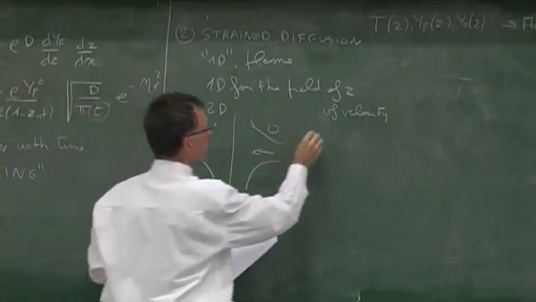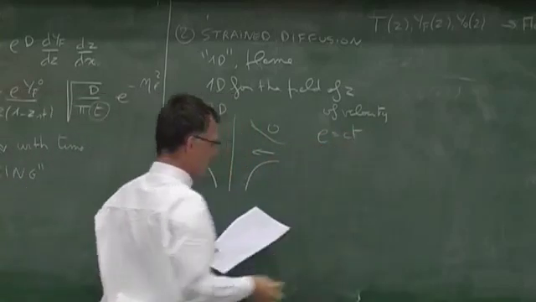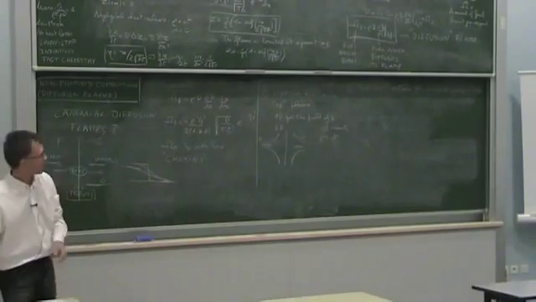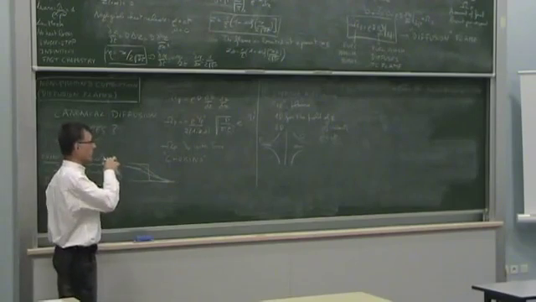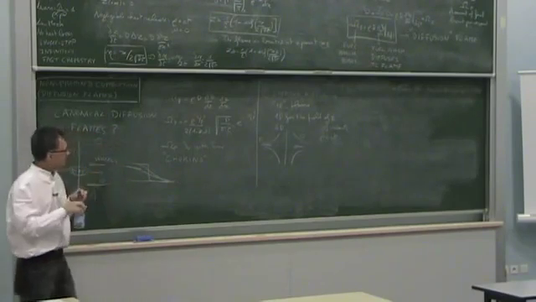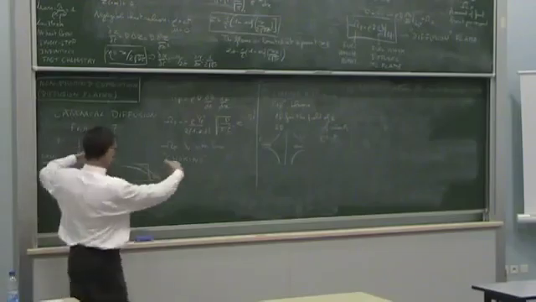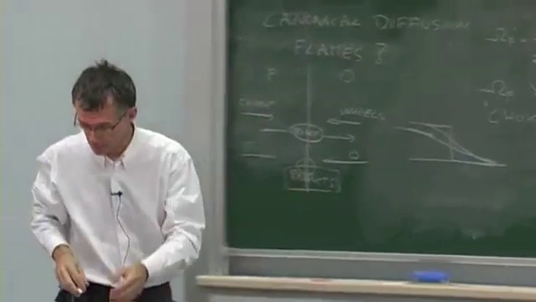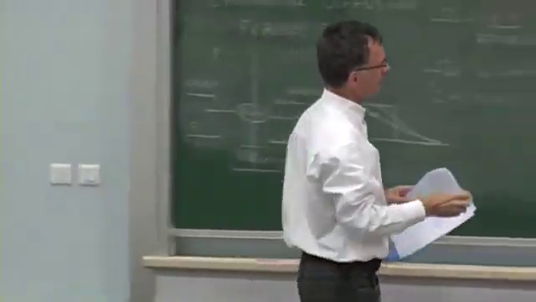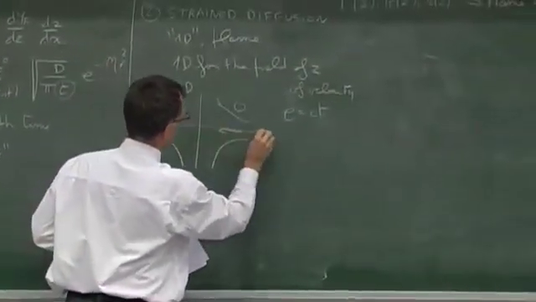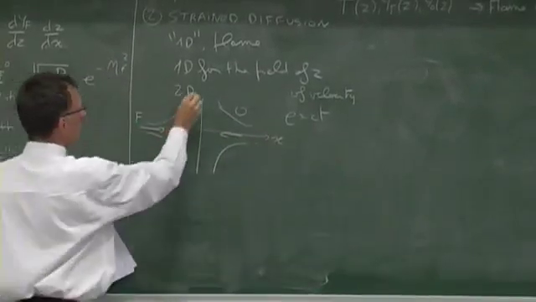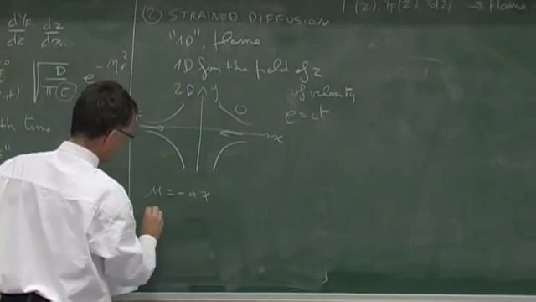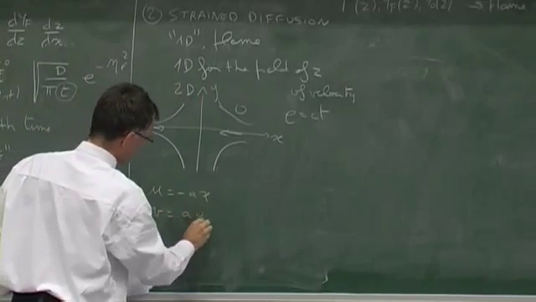Again, I'm going to suppose that rho equal constant to make it simple for you. You can do a PhD on this topic. It's a classical exercise, but it's much faster to do it at constant density. So you see these two flows. They go like this, and then they have to go like that. There is a simple solution to this problem. If I call this here the axis x and y, is that the velocity u is equal to minus ax and v is equal to ay.